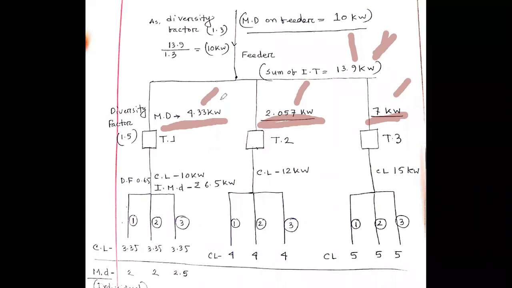So if they are using the power individually and at the same time, the maximum demand will be 13.9 kilowatt. Okay, but in the question, if I'm just zooming in,